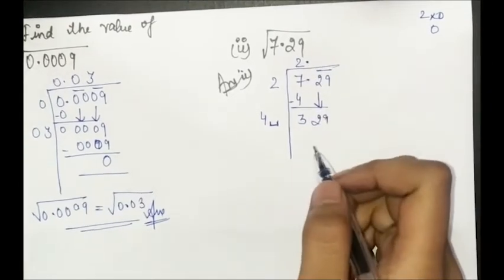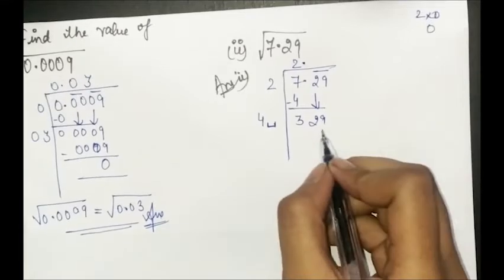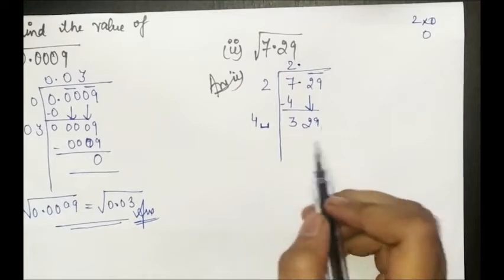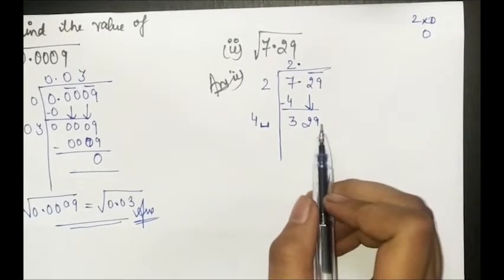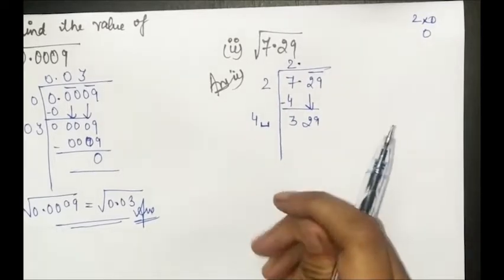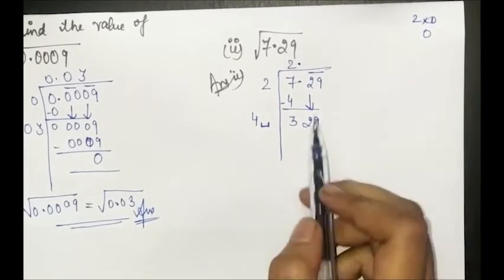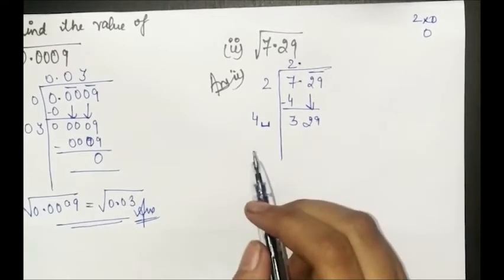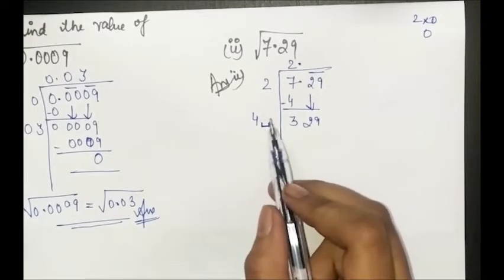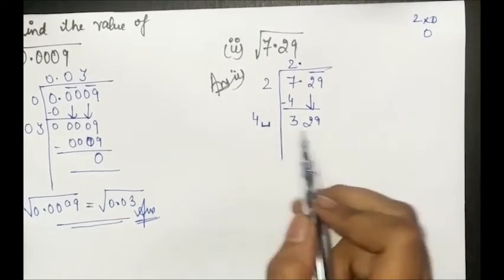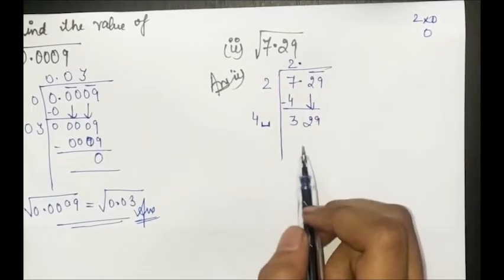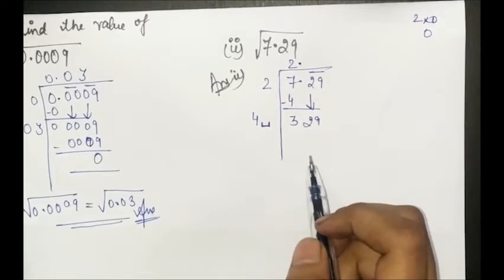Now 329, you all know the trick: if the number in this place ends in a certain digit, it can be the square root of a number. Like you know 3 into 3 is 9, so 9 in the end, and 7 into 7 is 49. Then we will check with 3 or 7, which of these two will be completely divisible. So let's find out.